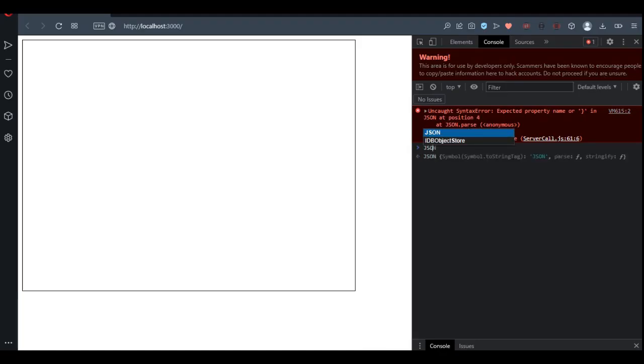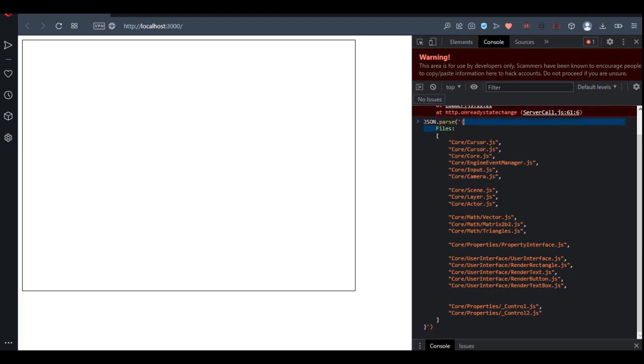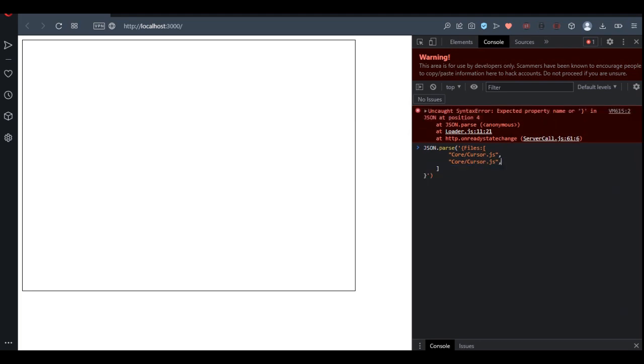So I'm going to do json.parse, and I'm going to put these. I'm going to just cut it down to 2 of them, just for testing purposes, and once this is done,